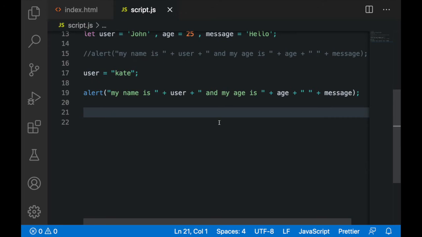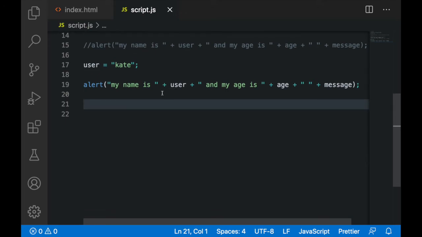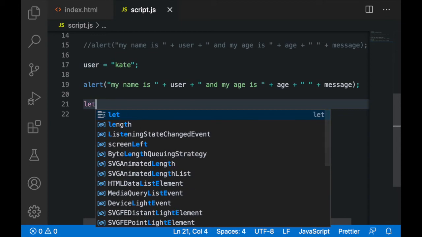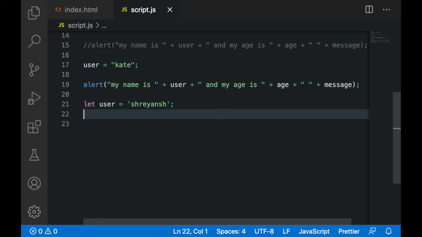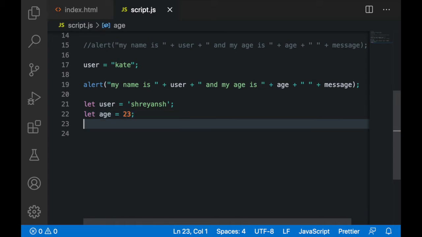So friends, let's now move forward and let me show you yet another thing. Here I am writing let user equals Shreyans, and then I am writing let age is equal to 23, and then I am writing let message equals, you can use either single quotes or double quotes for writing a string, Hello Shreyans.